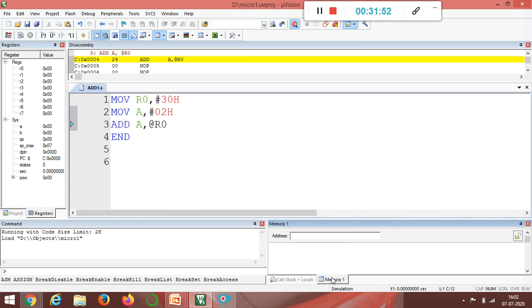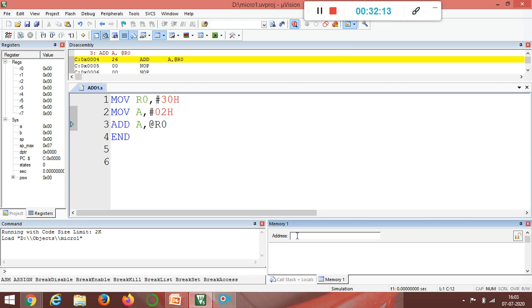Okay, this is memory 1. So here you have to write the address. So to which address you are going to write the value. So my address here is 30. Inside this 30 I am going to give one value. So that value is added with 2 and getting the result in accumulator. So here there are two types of declaring address.